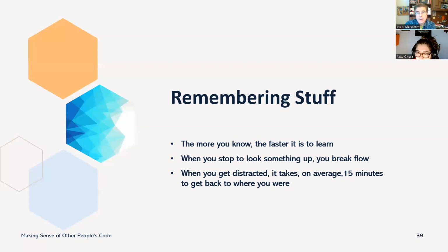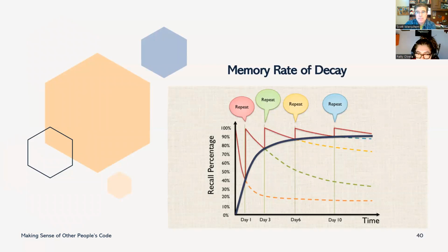So all that being said, when you remember something, there's a decay. When you first learn something, your brain decays, and by the end of the day, you've forgotten like 40% of it. By the next day, you've forgotten 80% of it, and it goes on from there. But if you go and repeat it, you effectively relearn it, then you'll remember more of it at the end of the day, dramatically more.